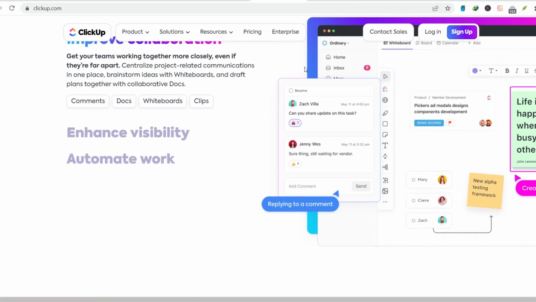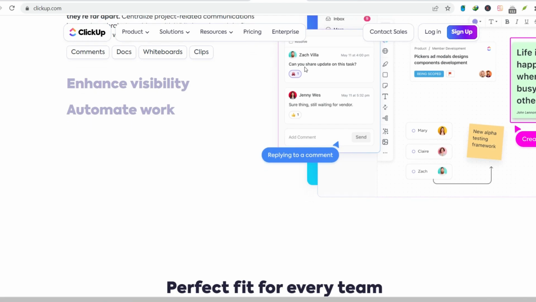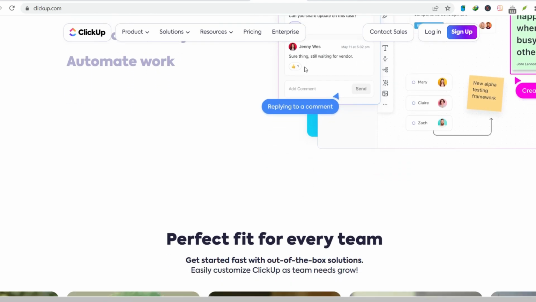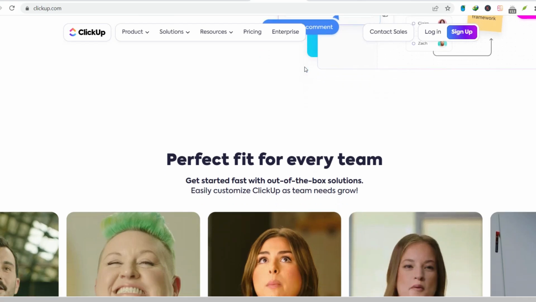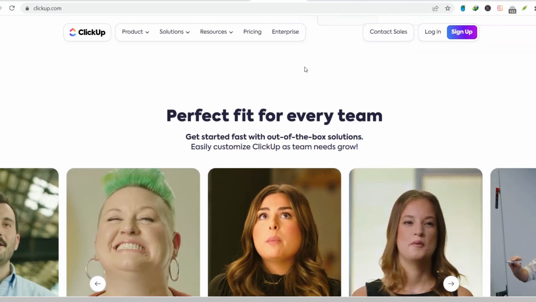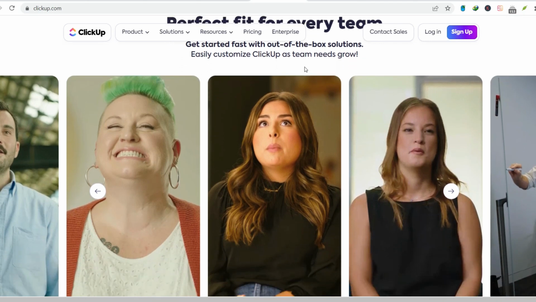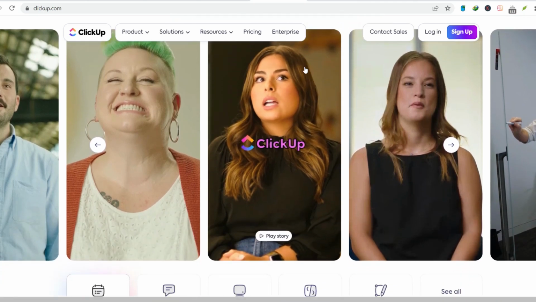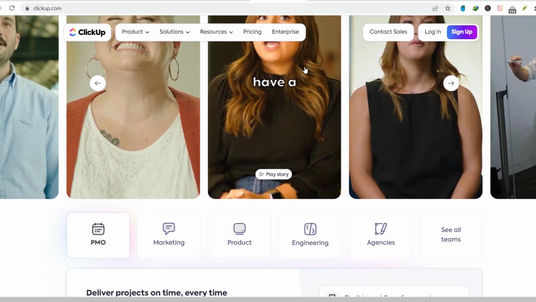The big picture, workspaces and teams. First things first, let's zoom out and get a bird's eye view. ClickUp starts with workspaces, which are essentially your high-level containers. Imagine them as separate filing cabinets, each dedicated to a specific area of your life or work. You could have a workspace for your freelance projects, another for personal goals, and perhaps a team workspace for collaborative